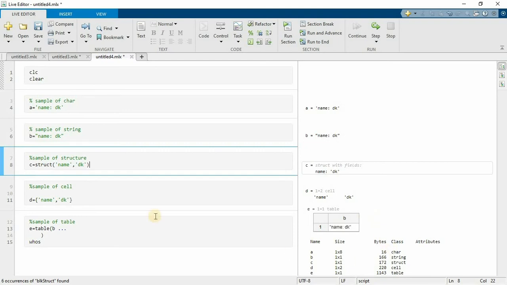But look at the section below, the size. A consumes 16 bytes, whereas B consumes 166, 172, 220 and so on. That means although storing the same thing, they consume different sizes according to their data type. That's the purpose. While you are programming, understand in which format you need the output and then use the data type. This is the main purpose of data types.